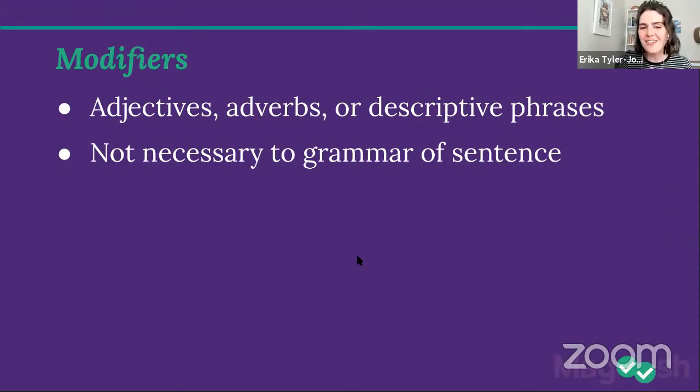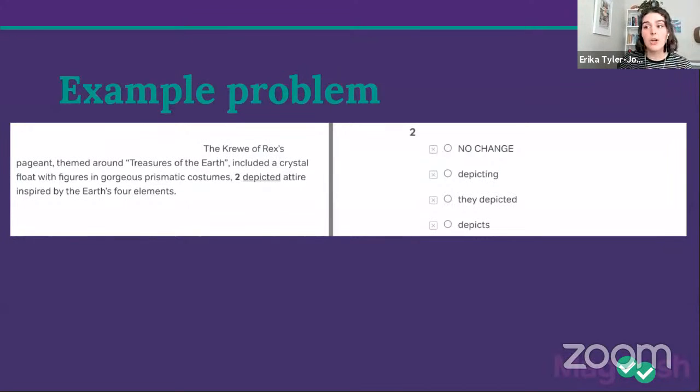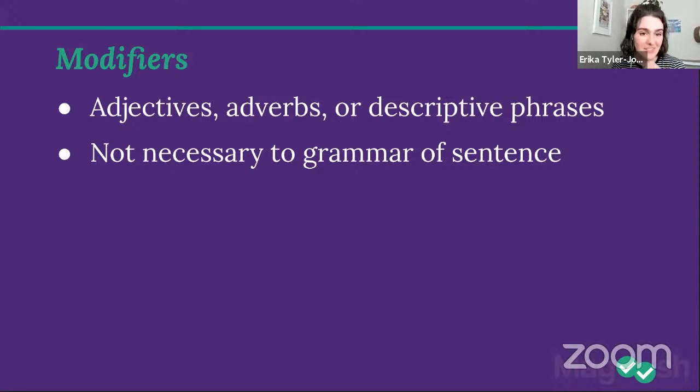Let's learn what a modifier is. We probably noticed in this problem that there were a bunch of commas, right? And we might have been going, what are all of them doing? It can't be that all of this information is critical to the sentence. A lot of this is just fluff, right? It's extra stuff the test maker's throwing in there that isn't necessary, that's just here to confuse me. And that's what a modifier is.